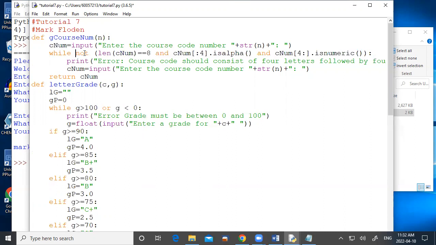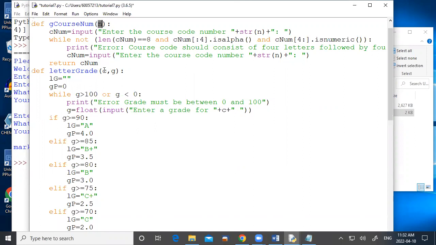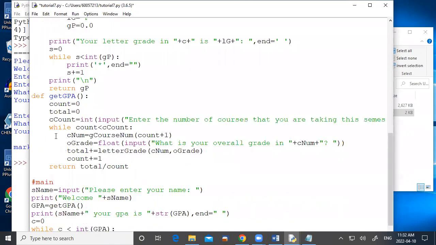And if it's not all of those things, must be all of those things, not just one of those things, it must be all of those things. That's why they're joined with ands. And if it's not all of those things, then you print an error and you tell them to do it again. So this is an error trap while statement, which we've done a lot of. You can't, the user is trapped in that while statement until they put a good code. And then that good code is returned. So the n that is passed in is the course number, which is the thing that's in the loop. Is it course number 1, course number 2, course number 3. And so that at the end of this point